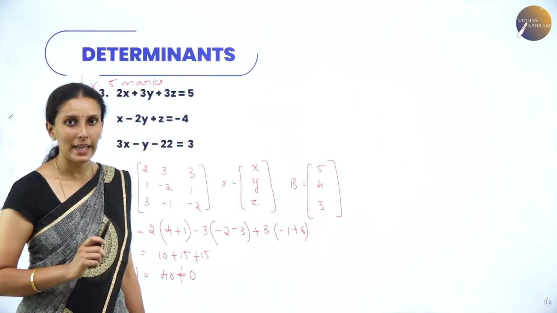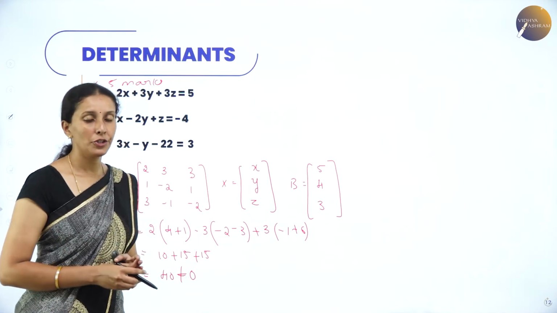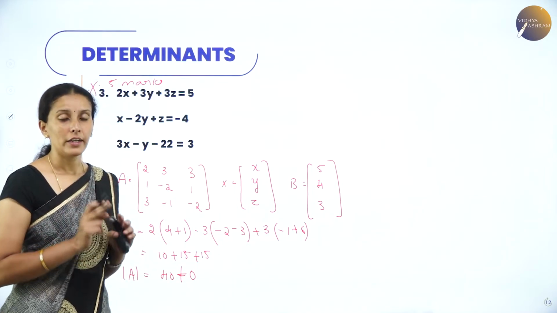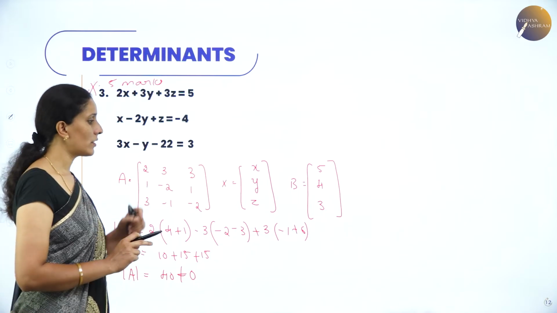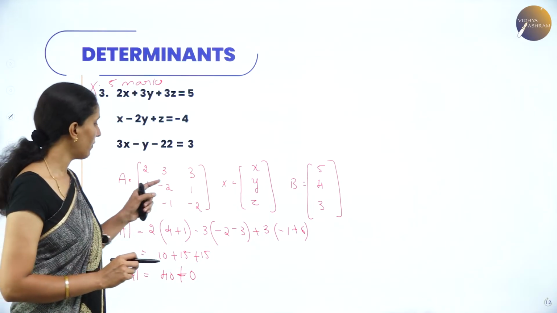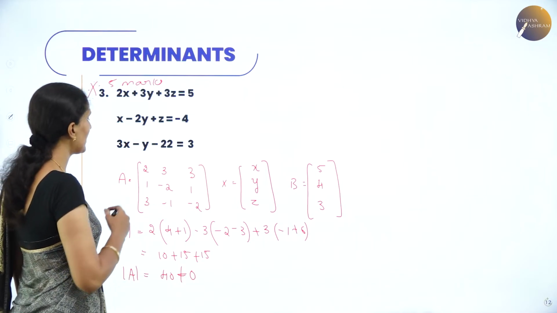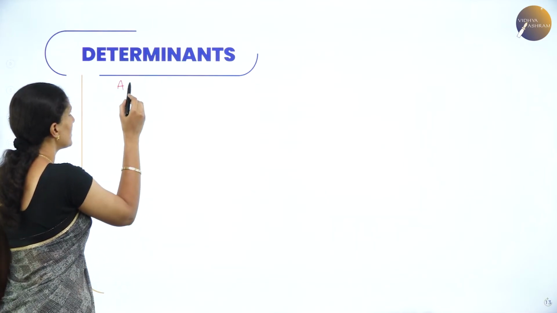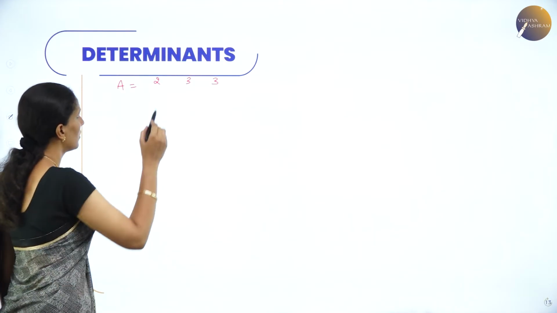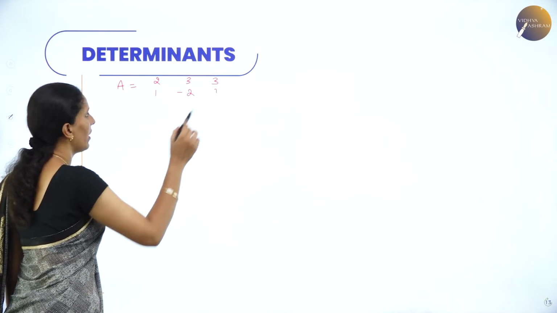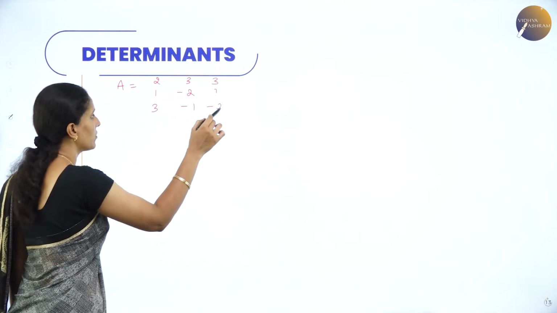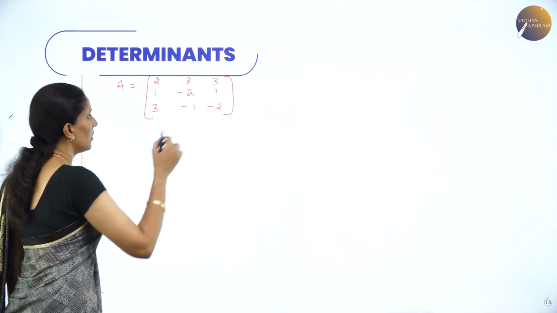Hence A inverse exists. Now for this we need to find A inverse. To find A inverse we need the adjoint. And to find the adjoint of 3 cross 3 matrices, we have to find the cofactors of the given matrix. So let's write matrix A now. Matrix A is equal to 2, 3, 3, 1, minus 2, 1, 3, minus 1, minus 2. Now let's find out